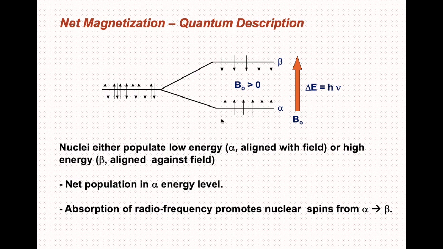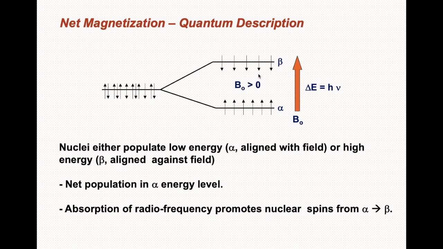Suppose the two spin states are equally populated, then there is no concept of an NMR signal. It is the small population difference that is responsible for the NMR signal. In terms of numbers, if you keep a proton in an external magnetic field of 1.4 Tesla, it will precess at 60 megahertz, and the population difference is 6 out of 20 lakh nuclei. That means the alpha spin state will have a slightly excess population compared to the beta spin state.